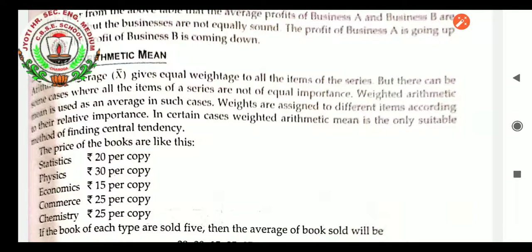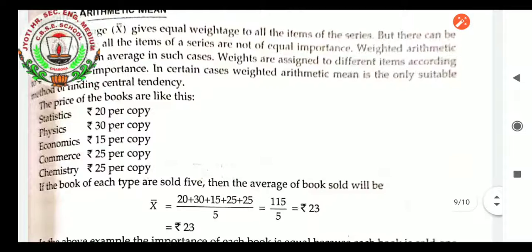So let us do the calculation, students, with this particular data. The prices of the books are like this: statistics rupees 20 per copy, physics rupees 30 per copy, economics rupees 15 per copy, commerce rupees 25 per copy, chemistry rupees 25 per copy. If 5 books of each type are sold, then the average will be mean equals 20 plus 30 plus 15 plus 25 plus 25 divided by 5 equals 115 divided by 5,